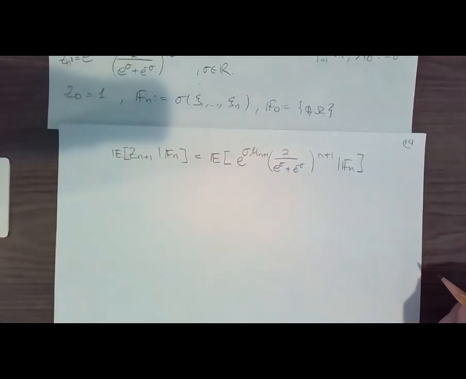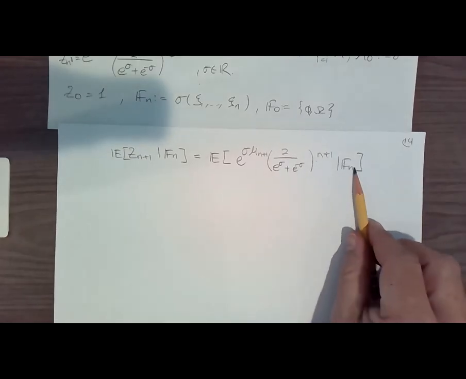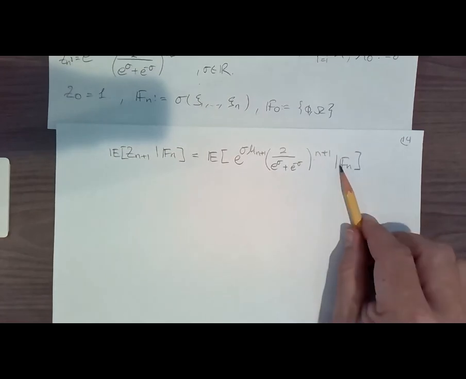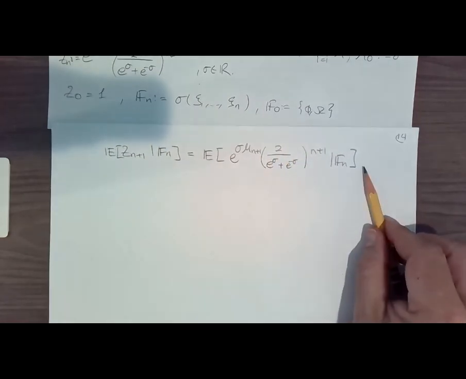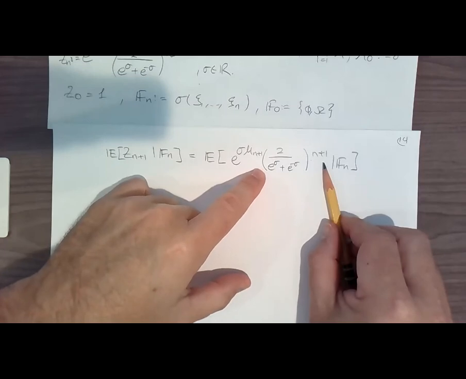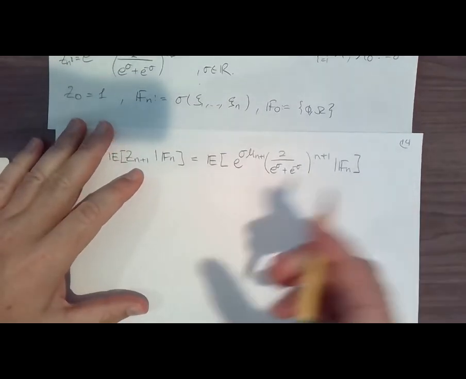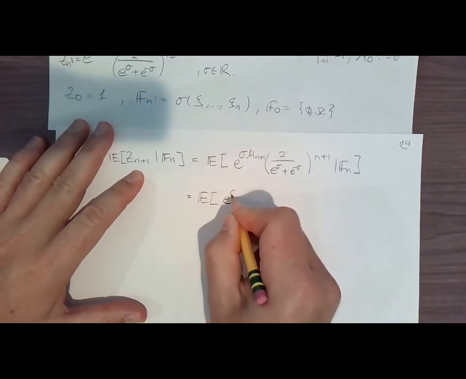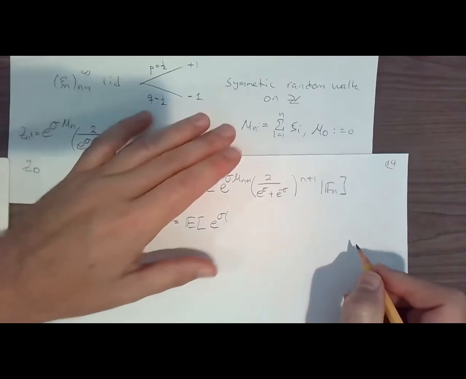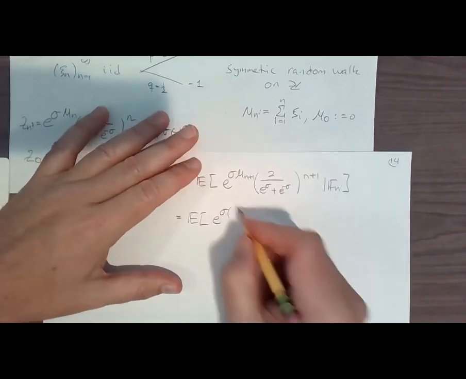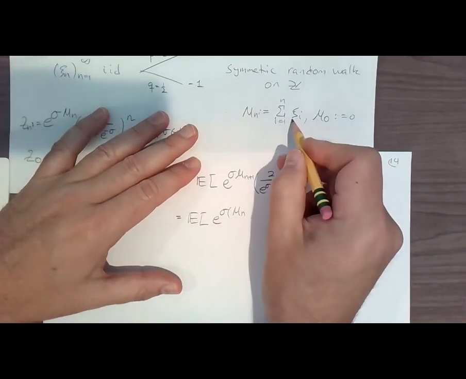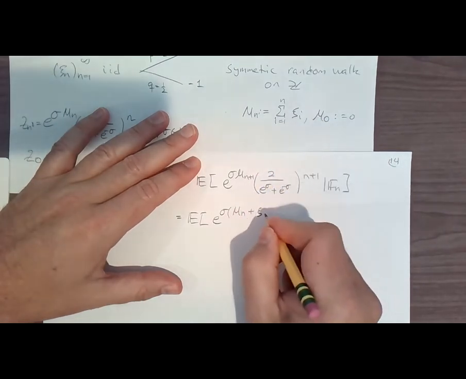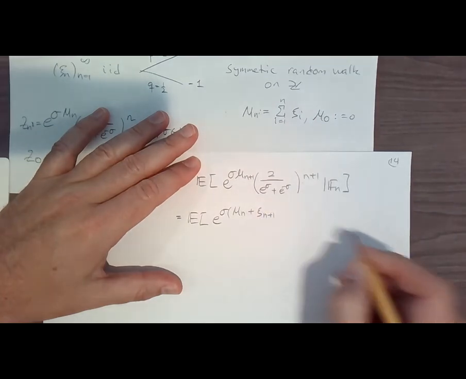It looks familiar. We have Fn here, we have Mn plus 1 here. We need to decompose the randomness so we get something that is measurable and something that is independent. This part here is not random, so we could move it outside so we don't have to worry about it for now. E to the sigma, and so what we do is we use what Mn plus 1 is. Okay, so that is going to be Mn, and then we will have the last coin flip. This will be psi n plus 1,